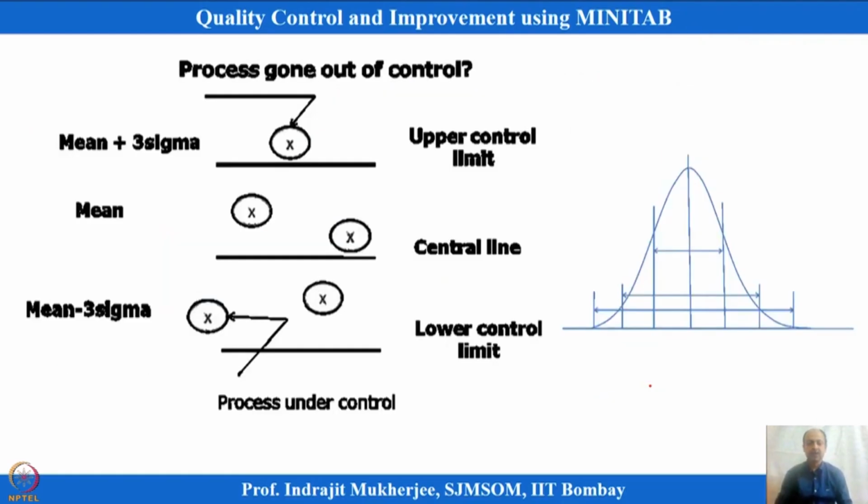So, it is the same theory I am saying over here. It will take the mean plus 3 standard deviation on one side, and the mean minus 3 standard deviation on the other side. This is known as the upper control limit, and this is known as the lower control limit. It will calculate the average of the process over here, symbolically noted as x double bar, and with the information of the sample standard deviation,